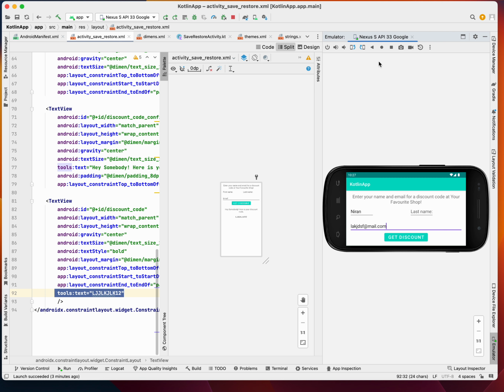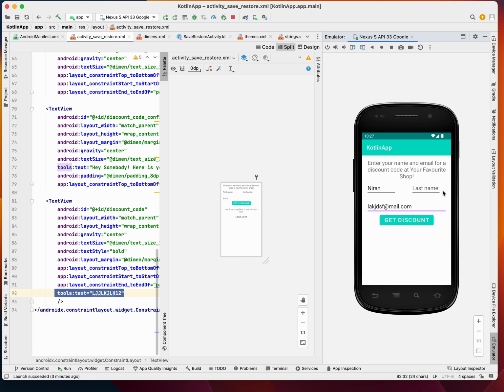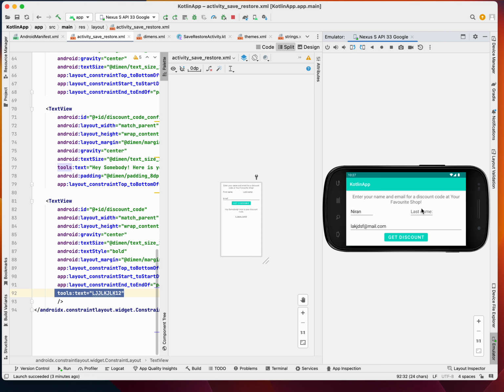I don't know if you remember, or let's do it again. Let's add a last name, and when I rotate, you see the last name is gone. Whereas you see that the name and the email is still present there. The instance is saved, because if you go to